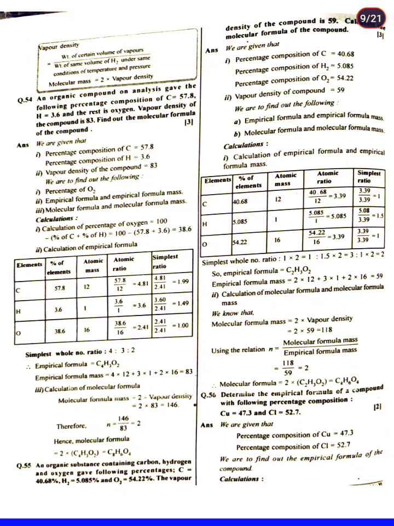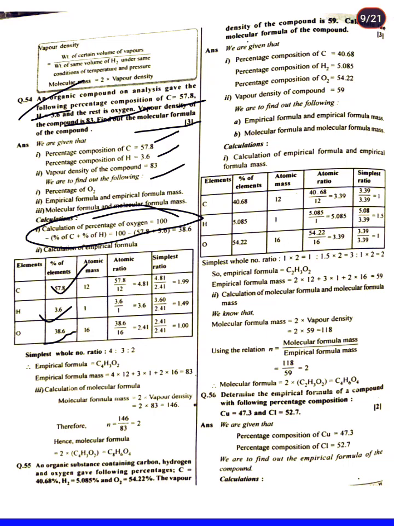Now next numerical: an organic compound is analyzed and has carbon 57.8%, hydrogen 3.6%, and the rest is oxygen, which can be calculated by subtracting from 100, that will give 38.6 percent. The vapor density of the compound is given as 83. Find out the molecular formula. Again same, percentage of carbon is given, hydrogen is given, oxygen can be calculated, vapor density is given. Calculate the percentage of oxygen, then empirical formula, then molecular formula। ठीक है।